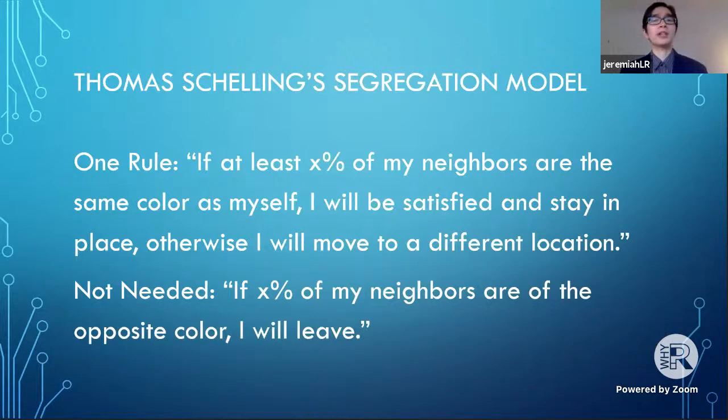And of course, this sparked a lot of debate and controversy. I mean, people, of course, believe discrimination is involved in the real world when it comes to segregated neighborhoods. But Schelling showed that even if you didn't have that, if you had just the positive rule, these segregated neighborhoods could arise. And this was a milestone in agent-based modeling, and a lot of people really look back to this model as one of the foundations for the field.